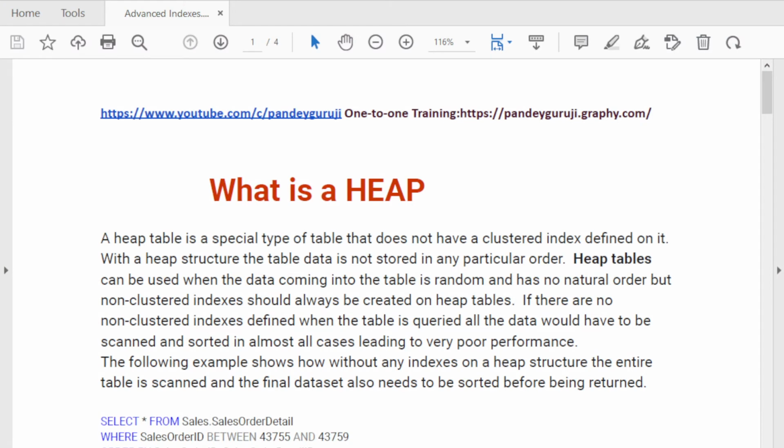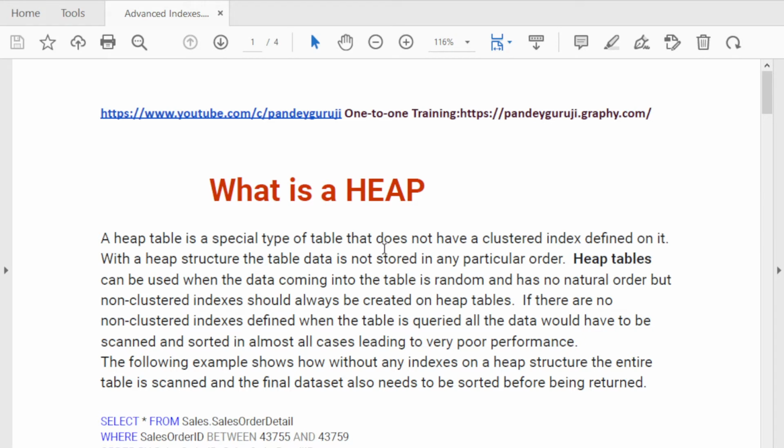So what exactly is a heap table? In indexing, whenever we have a table that doesn't have any clustered index or primary key, that table is called a heap table.